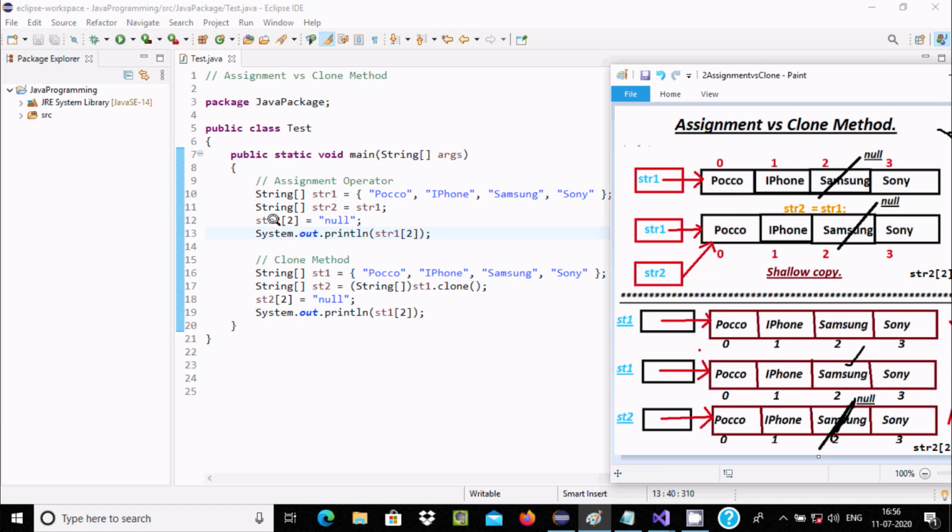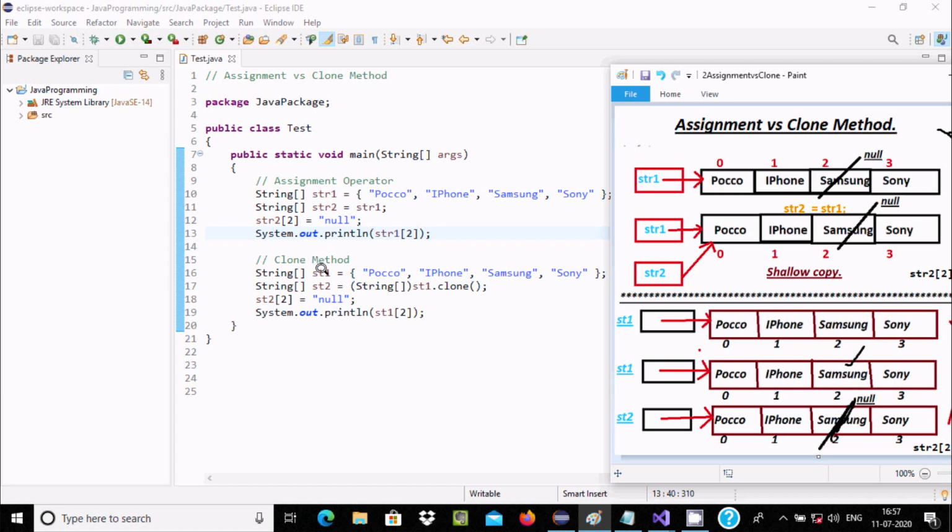So I change st2 of 2 to null. This affects both st1 and st2, and here printing str1 of 2, it is also null. So when you make changes on str1, it affects str2, and changes on str2 affect str1. So both are dependent when using the assignment or equal operator.